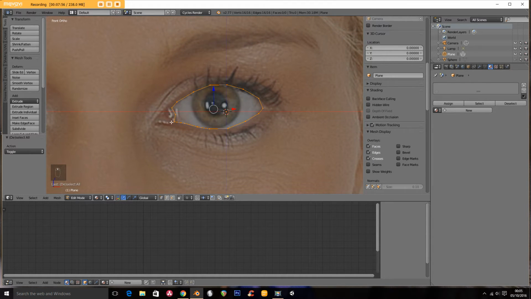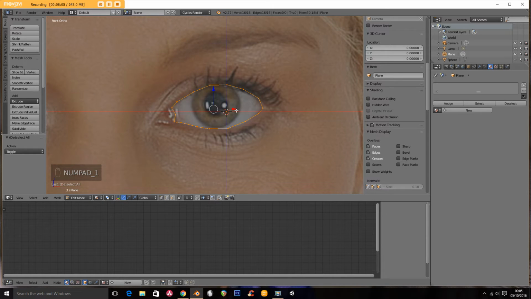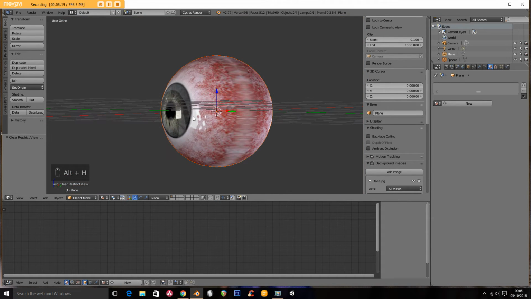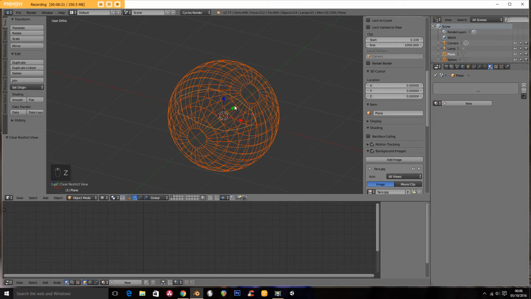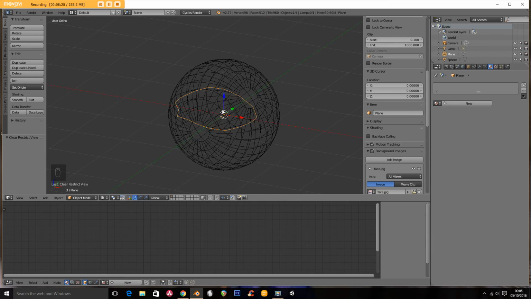So let's have a look at this. So this is completely flat. This is of no use to us. So how do we make this follow the shape of the eyeball? So what we're going to do is go Alt H. Sorry, we have to go into object mode first and then go Alt H. Now, where is... so there is our